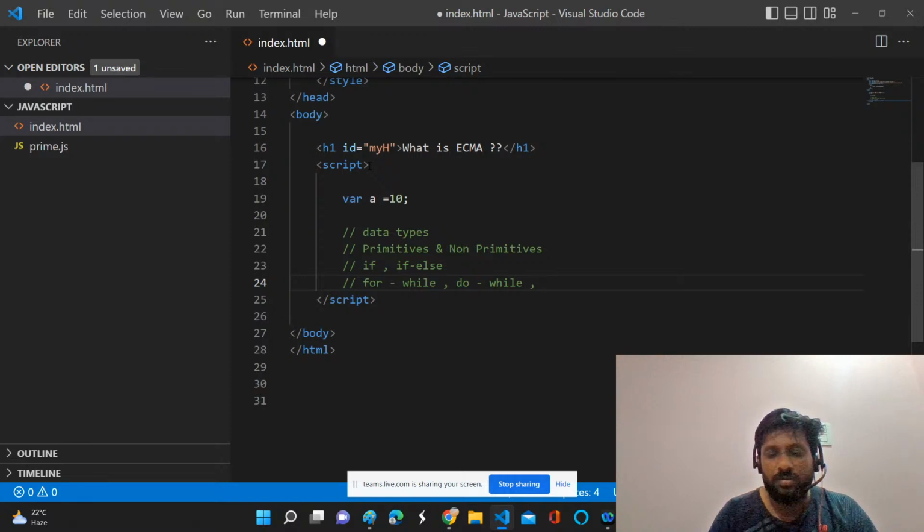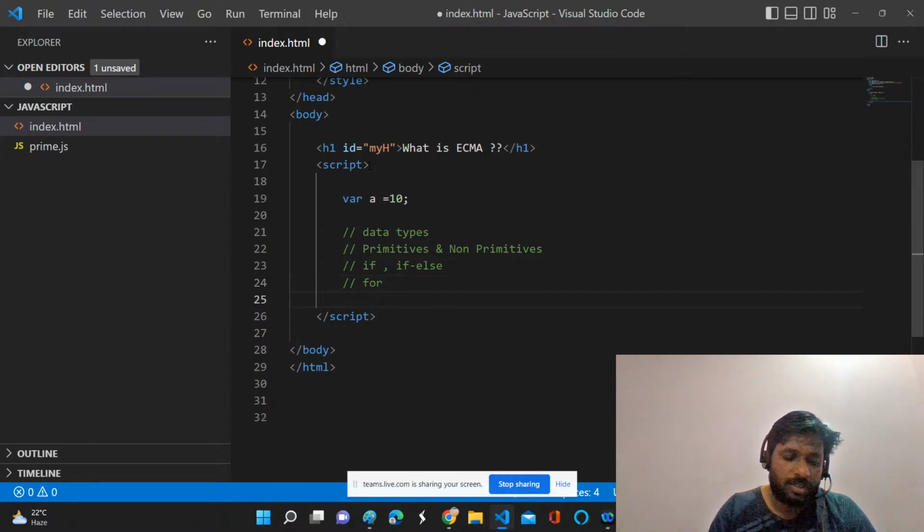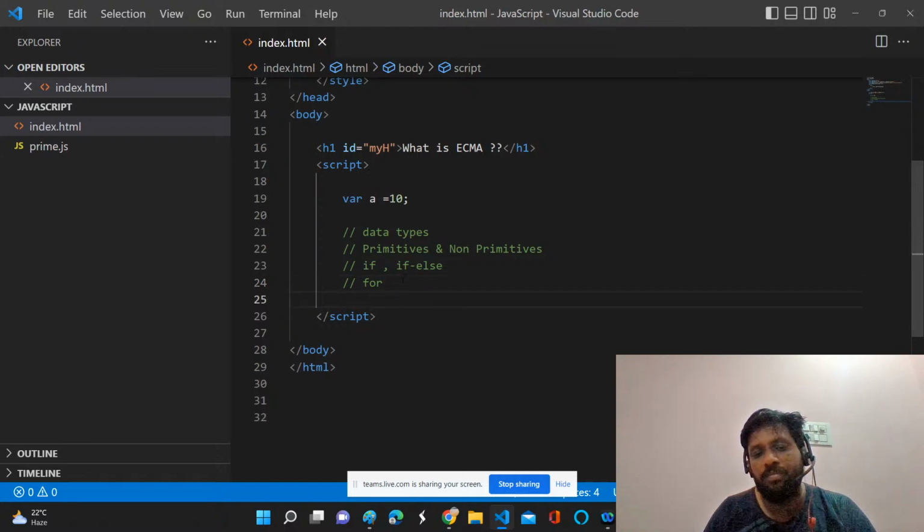Still we need to go with the switch. Lots of things are there, because it's not easy to cover in a single session or 10 sessions. But this is the bare minimum. Anyway, I will cover each and every topic